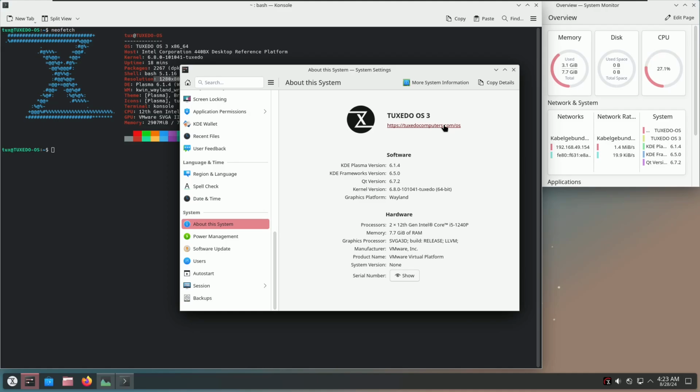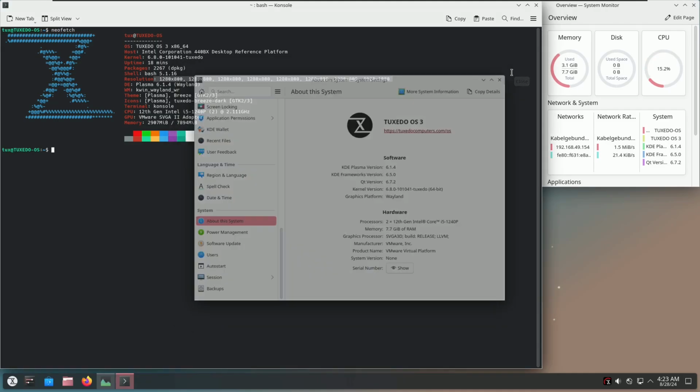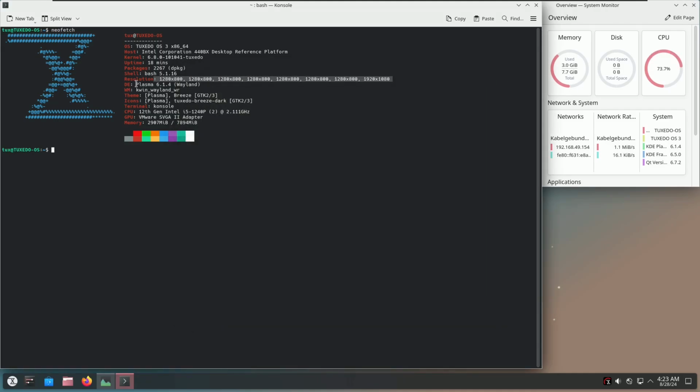So this is the official website, which I already showed in the beginning also. The version you get is 6.1.4 Wayland, and here is some additional information like the CPU. I'm running it on the VMware, and RAM is almost 3 GB. So without anything, it's consuming like 3 GB of RAM. So I don't know what's happening. So I'm going to type in